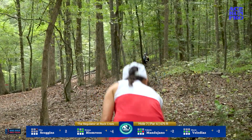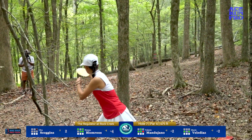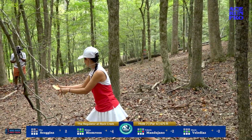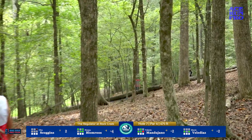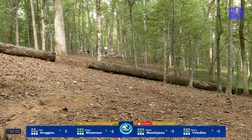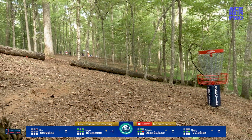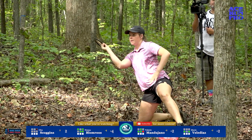Ohn tries to flex that halo D down there, but hits some hanging vines or branches and drops short. This will be her third shot. She went back to the leopard 3. And she is at that log where I told you that is a sketchy putt. It's right there, but